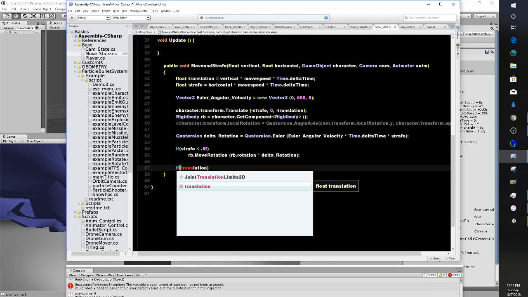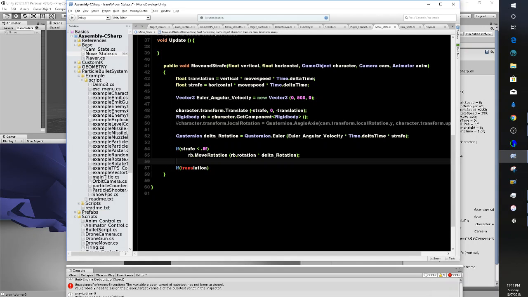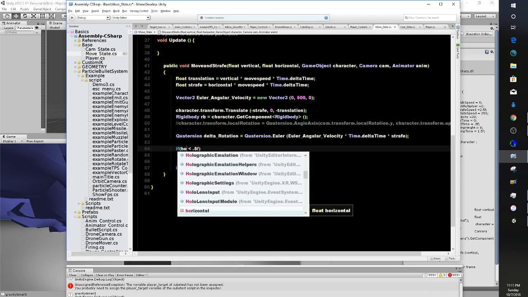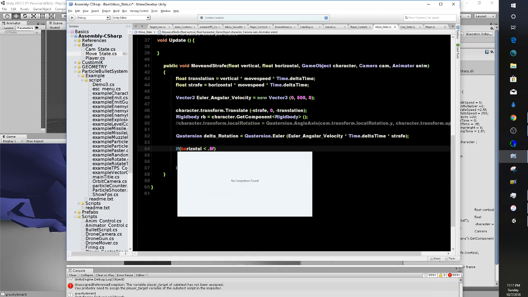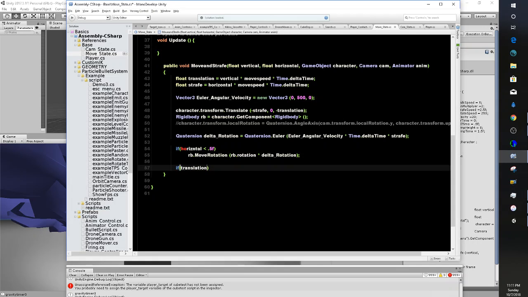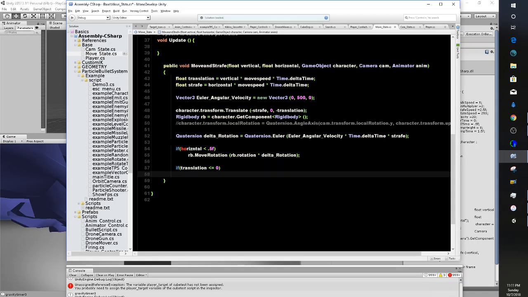So I'm just going to say if translation, now I want to say if vertical. Okay, so I've used strafe, but I want to see if that probably needs to be horizontal. That's another thing, I probably used the wrong term. So if translation is less than or equal to 0, I want the animator to